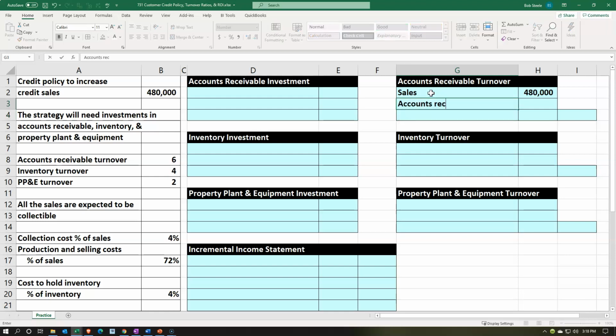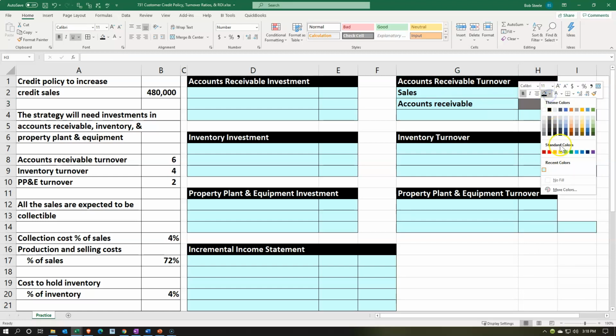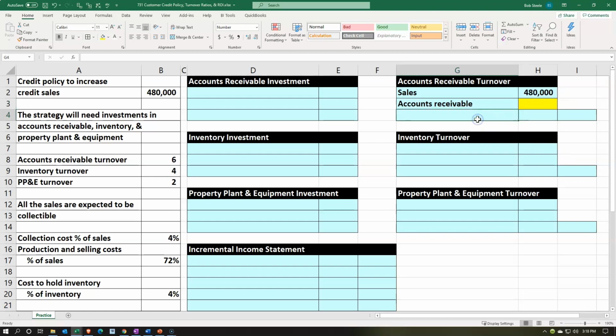Accounts receivable. And that's the unknown. So that's what we don't know. That's what we're going to figure out. I'm going to make that yellow as the unknown. What we do know is the accounts receivable turnover, because we're basing that on past data, is going to be